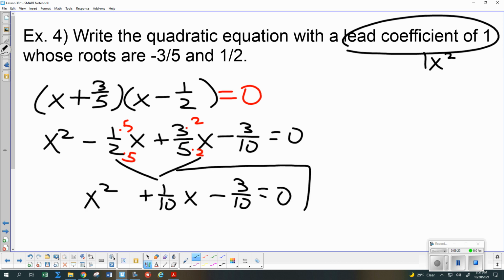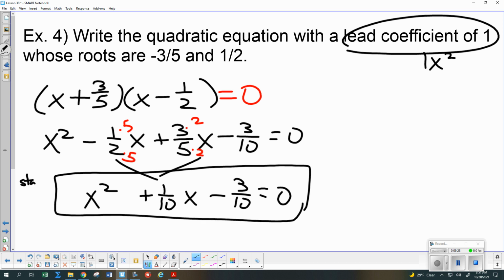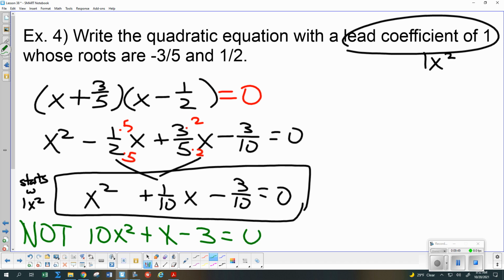And this would be my answer because it starts with 1x squared. And it asks for that lead coefficient of 1 in front of the x squared. Even though it would be equivalent, we're not going to clear the fractions and multiply everything by 10, because that does not start with 1x squared. So does that make sense on designated roots? Okay,